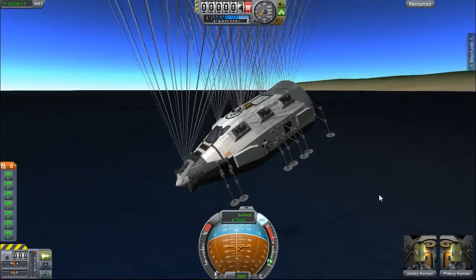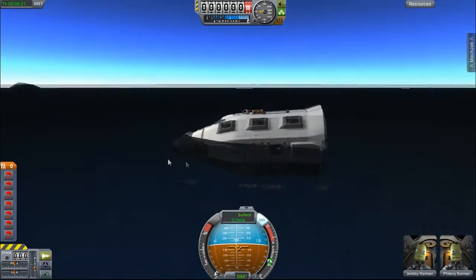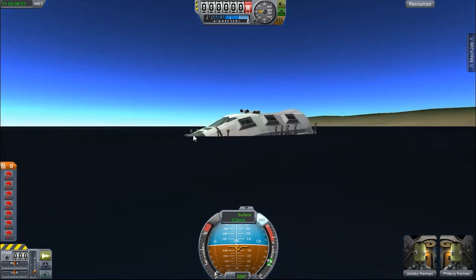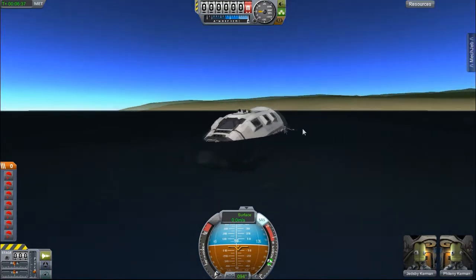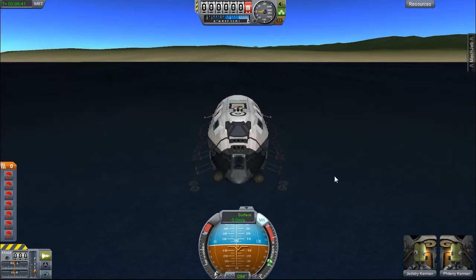Here we go. Here we go. Oh yes, look at that. Nice and safe. Wow. If only it had a water propellant of some description. So these things definitely don't cover the bottom of it. I think they're a bit too small. They'll definitely stop it rolling over, but I'm not sure if they'll actually